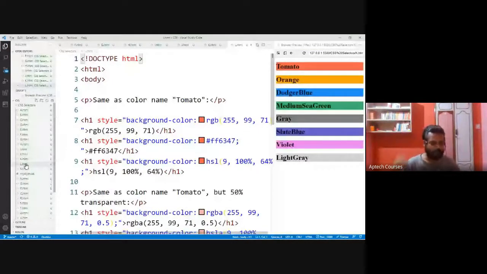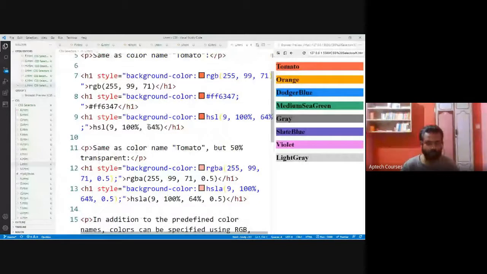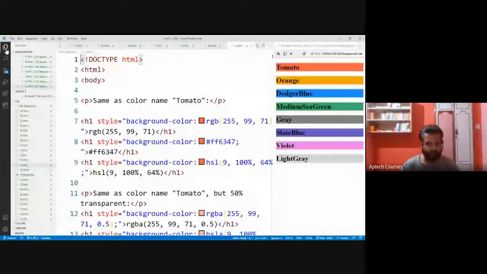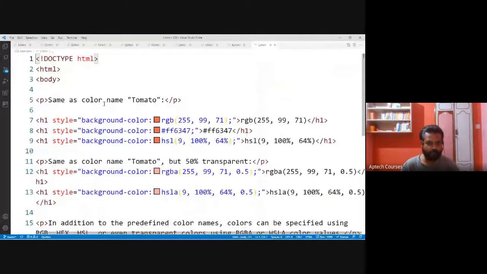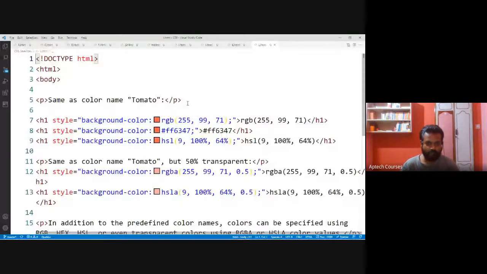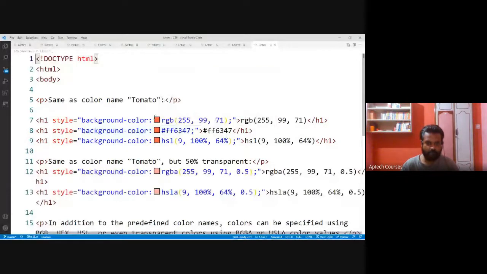See, there are mainly three ways of setting the colors. One is by using straight away the color name. Another one is by using RGB, red, green, blue. If I mix these three colors, we get one color. Then using a hash value, we'll get one unique color.